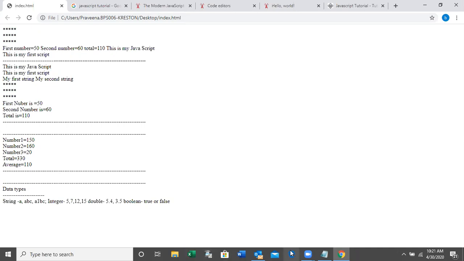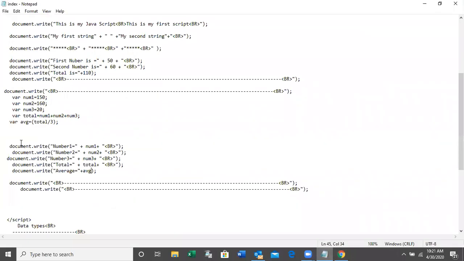Right? So what is the operator I am using here? Plus operator. Okay, addition operator. This is an example of the addition operator: num1 plus num2 plus num3, addition. And this one is the division operator: total divided by 3. Division operator. Addition operator.